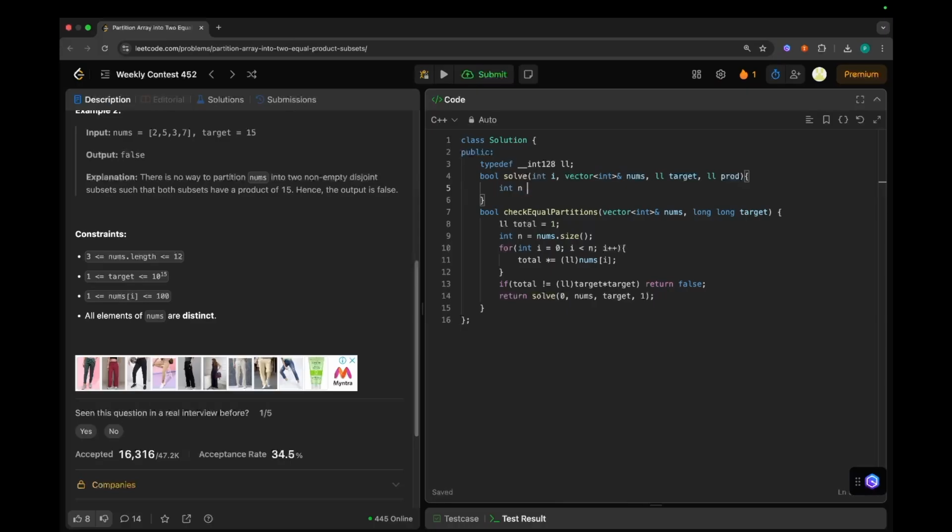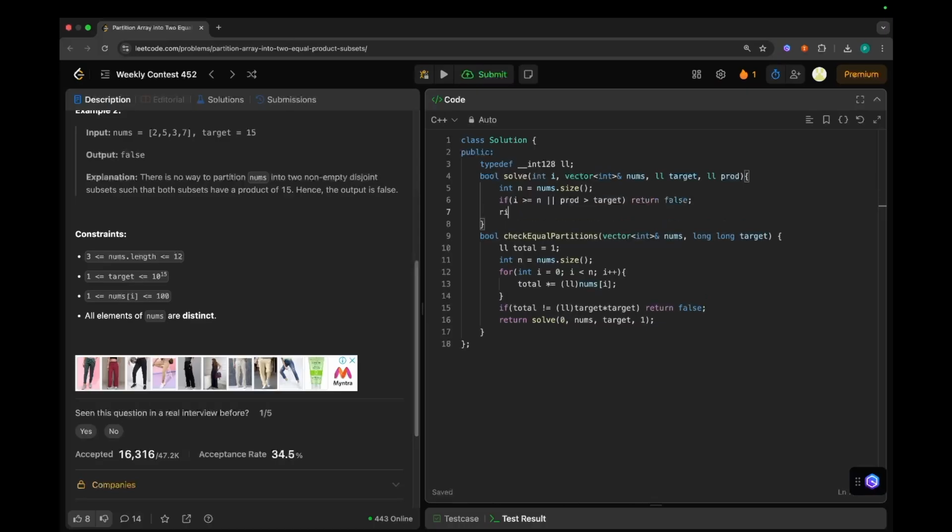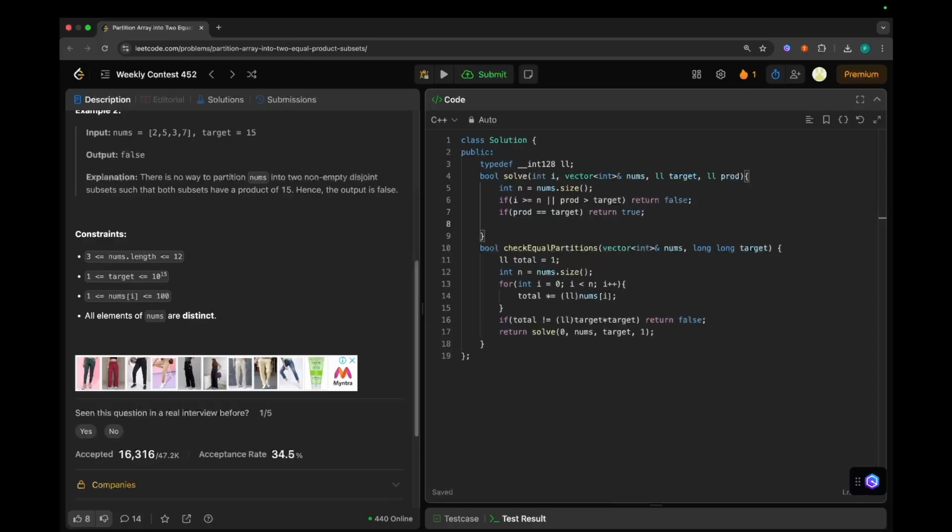So we will initialize our n as nums dot size, and if i is greater than or equal to n, or our product is greater than target, then we will simply return false. And if our product is equal to target, then we will return true. So these are our base conditions.